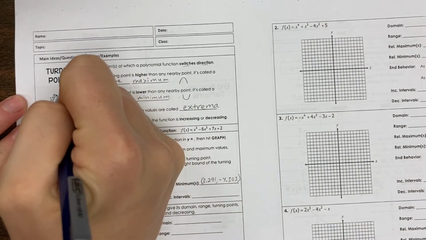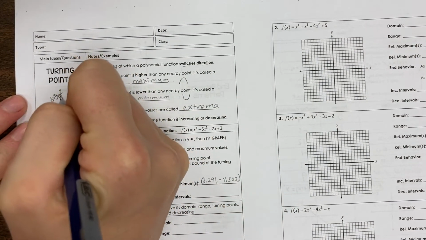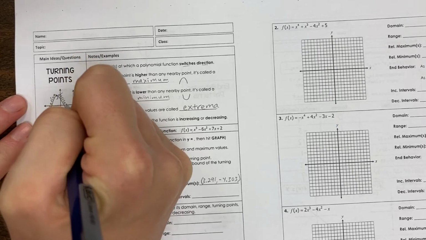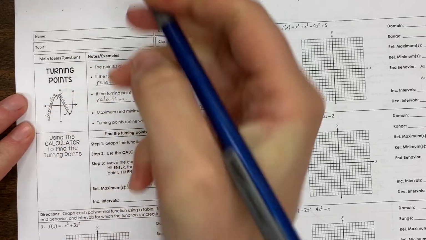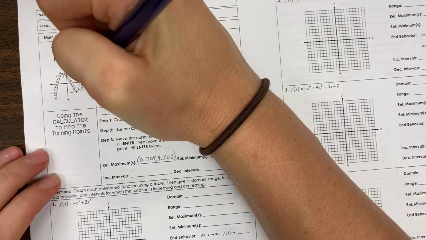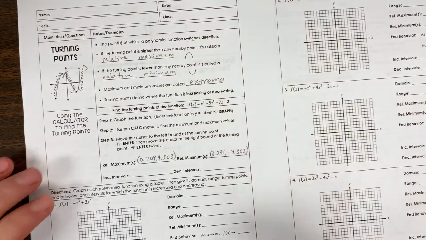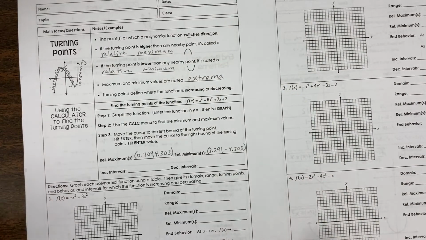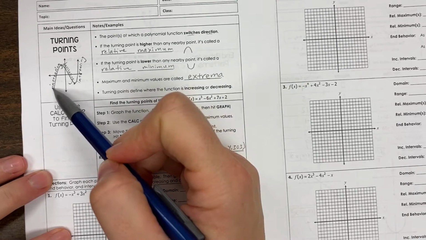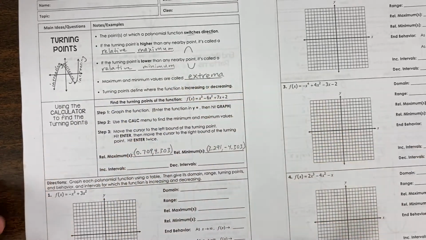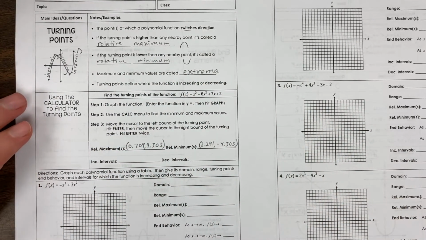And then on this part, we are decreasing. Okay, and then we increase again on this part. And the way we get to our intervals is we use our x coordinates where it switches from increasing to decreasing. So if we go back to our little graph here,